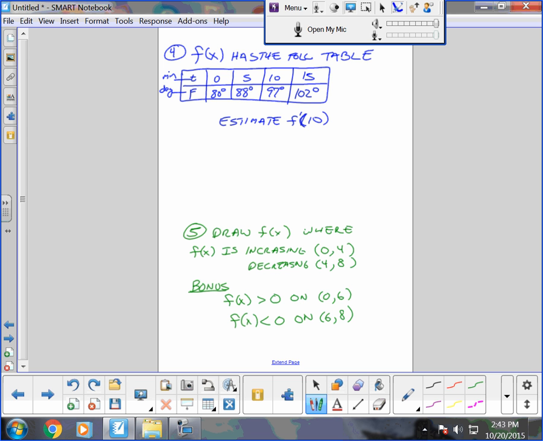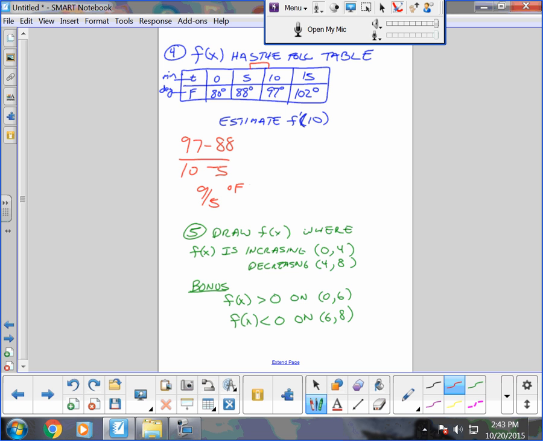Well, you can't do the power rule. You can't do f of a plus h minus f of a over a plus h minus a as a limit of h. You can't do any of that because it's a table. What you can do, though, is we can find the secant, right? The secant line here, which I'll do as 97 minus 88 over 10 minus 5, which is 9/5 of a